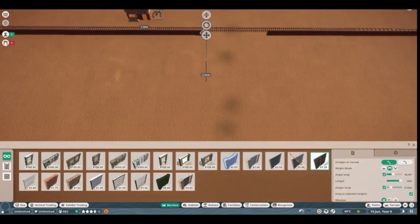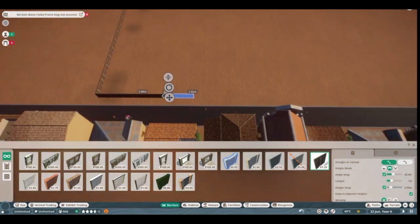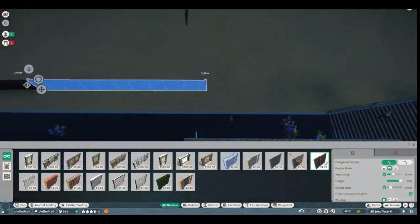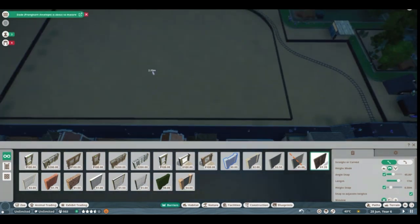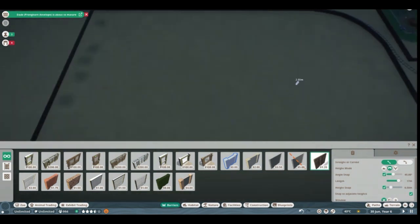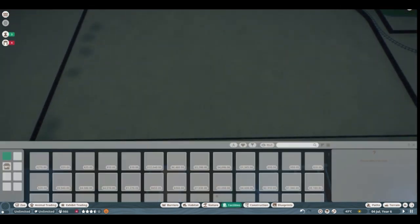There's going to be a hard shelter, which is going to be the house. I want a little area in between the street and the enclosure so that we can put in the safety barrier. So here's the idea: once I finish this enclosure, we're going to put a hard shelter right in here that's supposed to represent somebody's house. For example, let's say that this is the dingo enclosure. What we're going to do is